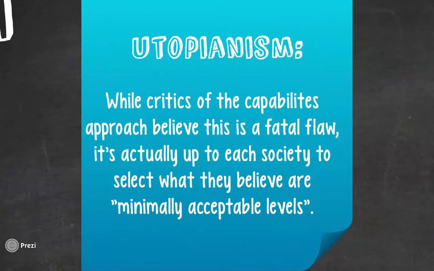Many people take issue with the capabilities approach because they say the descriptive form of poverty identification and the capabilities approach lends itself to utopianism, or the idealization of what our society should be like. However, the capabilities approach should be used to define certain minimally acceptable levels for a person to not be impoverished. What's considered impoverished in one country may not be in another. Therefore, what is utopian to some is a social norm to another. Therefore, each society should determine its own levels of what is minimally acceptable depending on their culture and poverty within that country.